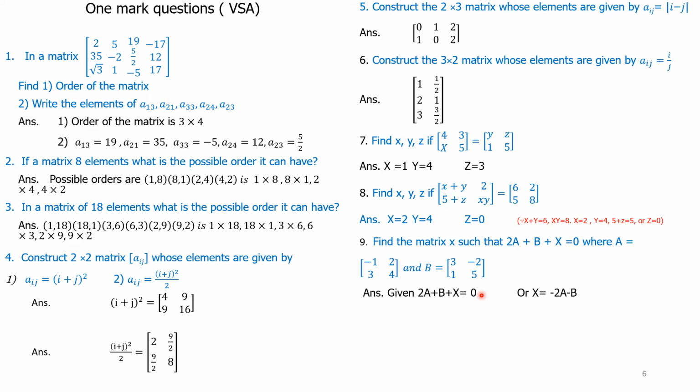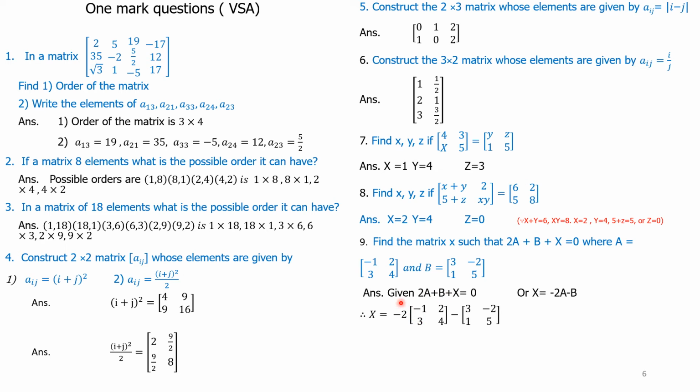Therefore, substituting, 2A is 2 into the matrix [[-1, 2], [3, 4]], that is the given matrix, minus B. Therefore, B is [[3, -2], [1, 5]]. So X is equal to: -2 into 1 is -2, -2 into 2 is -4,